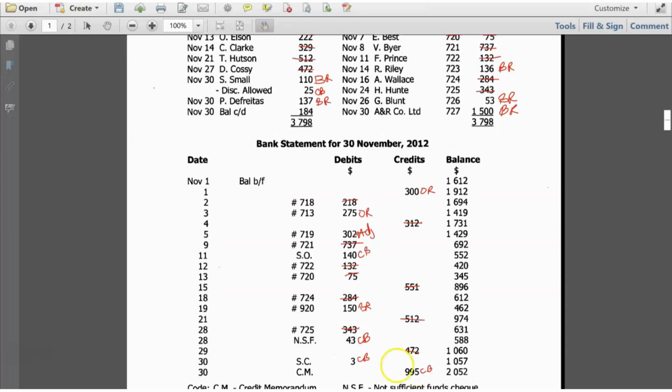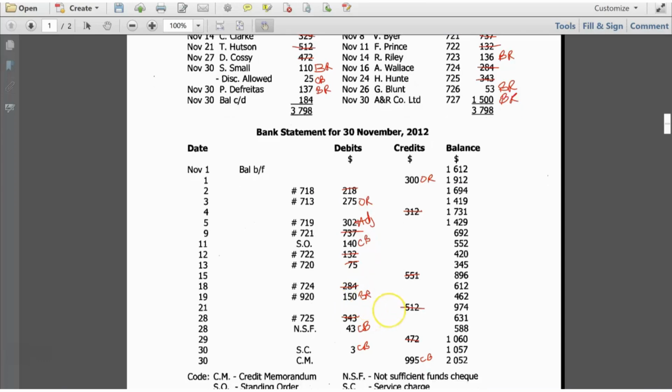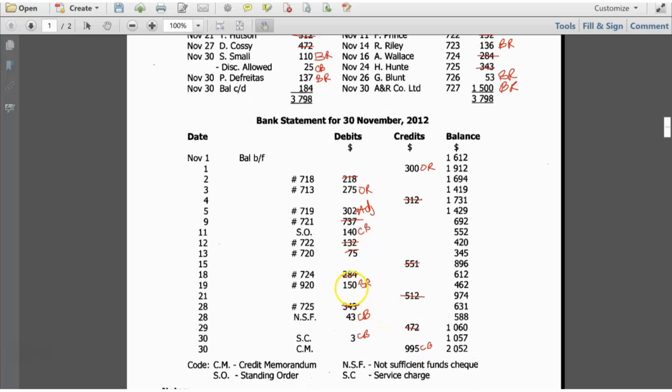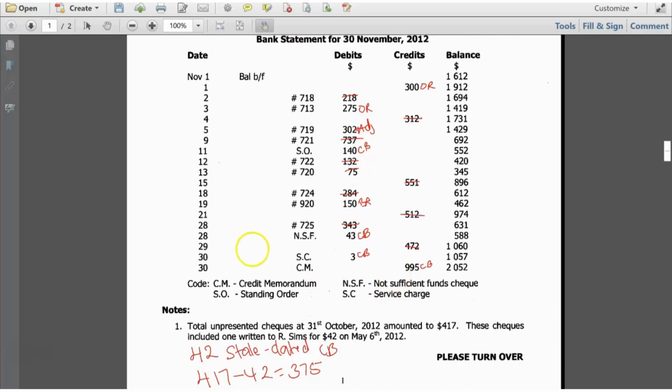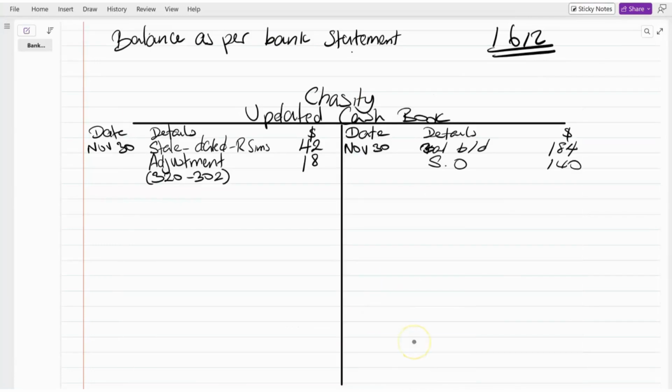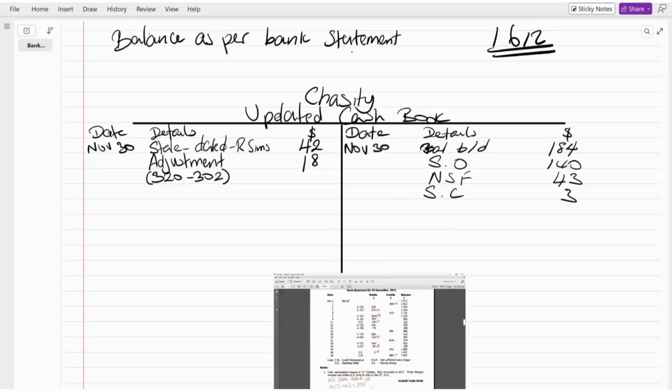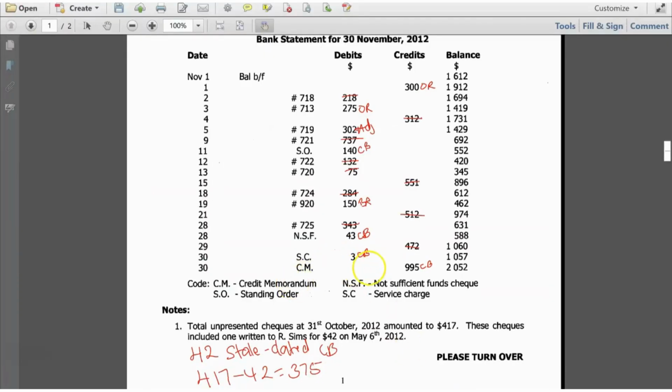What else do we have? After the standing order, we have this 150, but that is for our bank reconciliation, which is why we have BR there. So that's probably a bank error. Then we have the non-sufficient funds, which we just saw in the notes. It's on the debit side, so we put it on the credit side of our cash book, $43. So on our credit side, we write NSF 43. And I believe we also just saw service charge, which was 3. Let's double check. There we have it. Service charge in our bank statement on the debit side, $3,